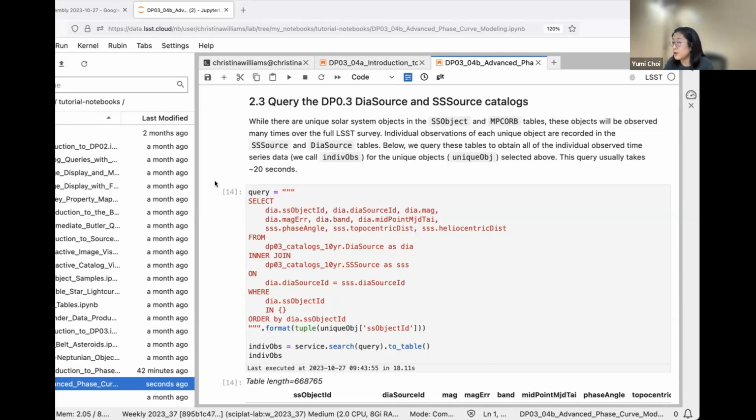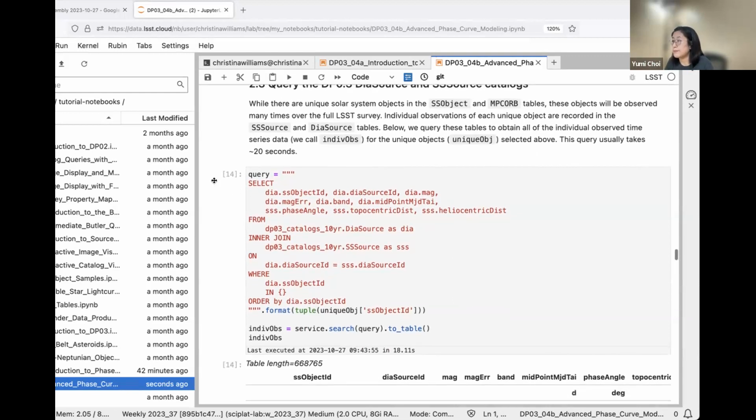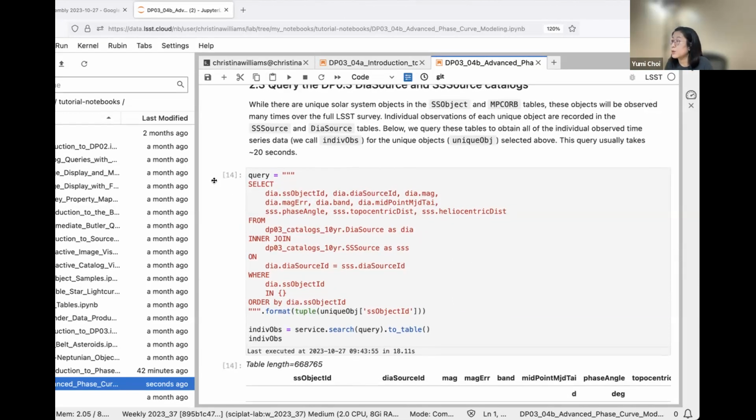For the phase curve fitting, we need the magnitude in each filter and the magnitude errors in each filter, and the time of the observation, phase angle, topocentric distance and heliocentric distance for each individual observation of each unique object. This query will take like 3 minutes. Oh no, it's only 18 seconds.